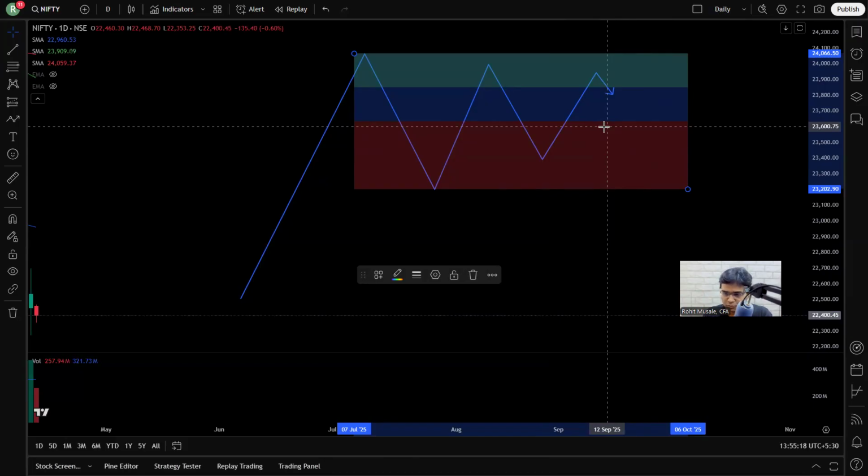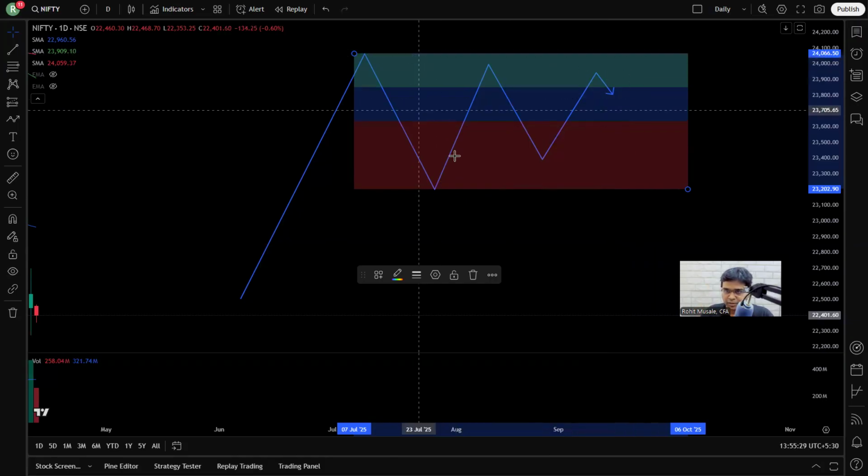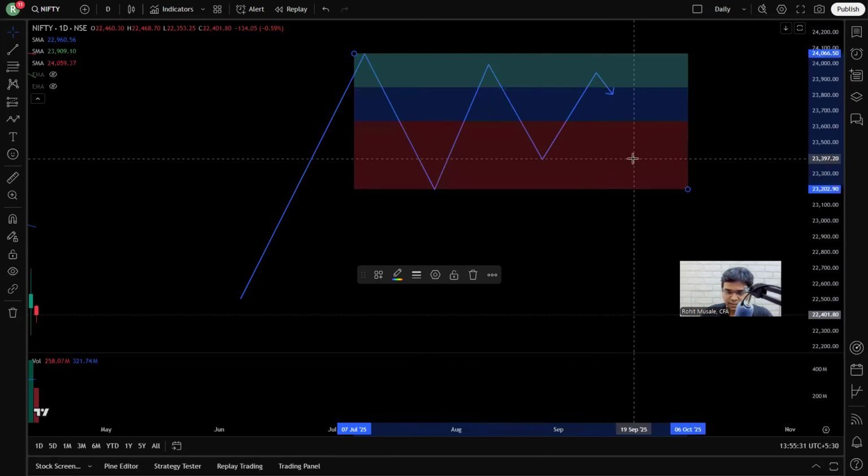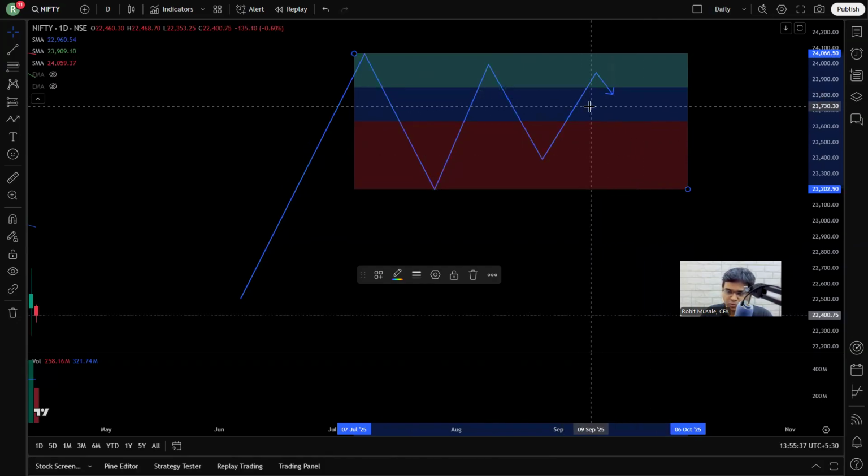Now, some of my students have taken a decision that they will never buy a stock from the blue zone. Okay, please listen carefully. Some of my students have understood what I explain here. Some have taken a decision to never buy a stock from the blue zone. They will always wait for the price to come into the green zone and create a buy point. With that single decision,